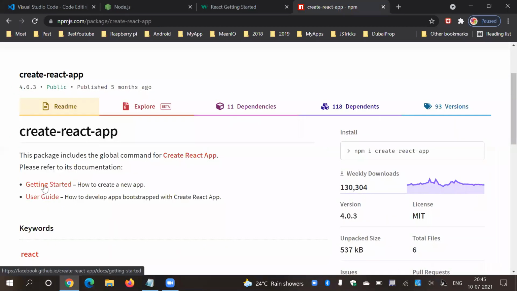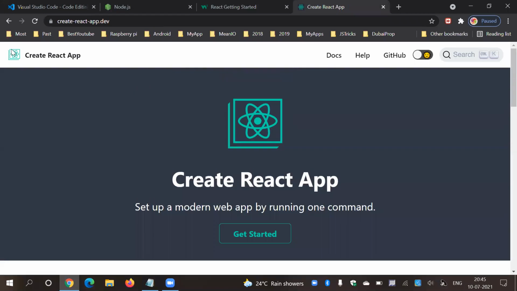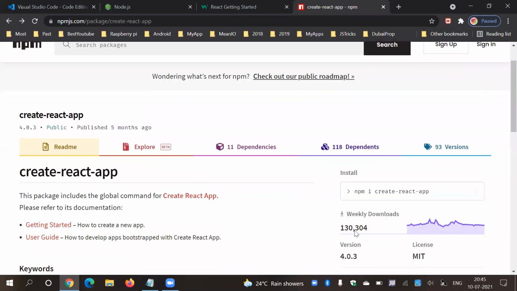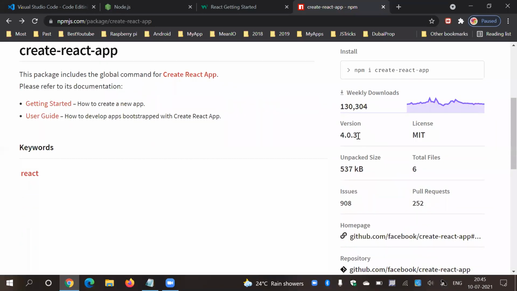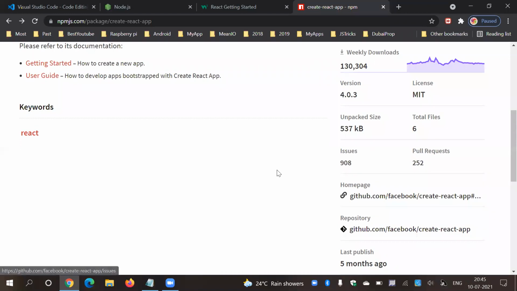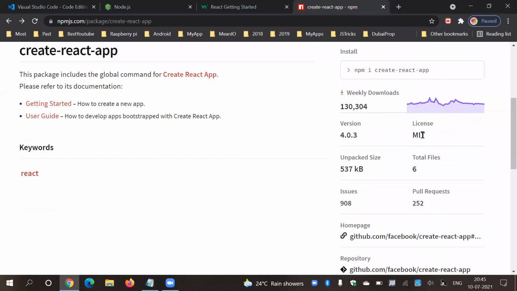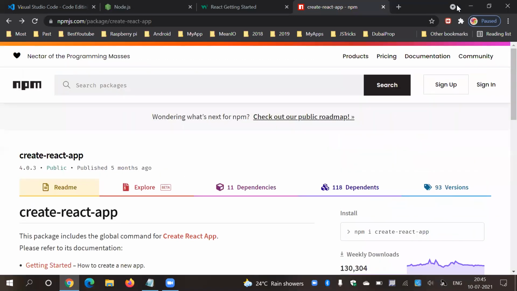Here is getting started, the user guide, everything is available over here. And you can also check the number of downloads. It has good weekly downloads, and versions, issues. I will cover all of this from here, but this is the npm.js package.